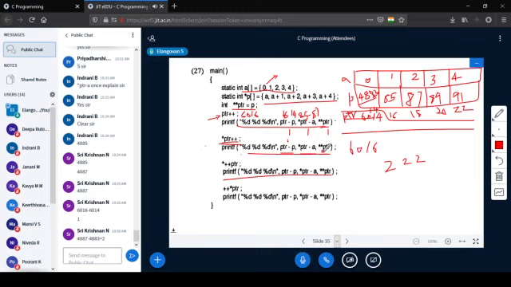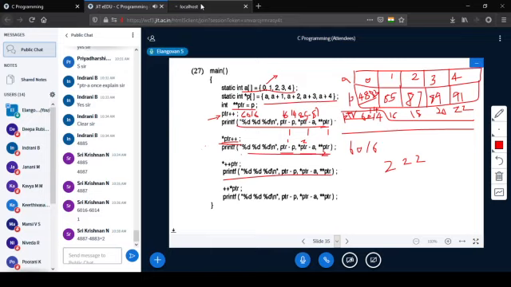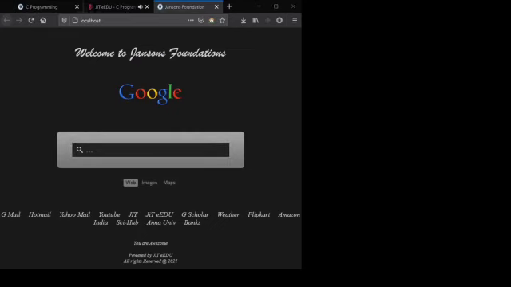So this is clear. 122 is correct. Let me check how here 2 has come. It has to be checked with the online GDB compiler. I think there is a mistake in the book. Anyway, let us check it, not a problem, right?